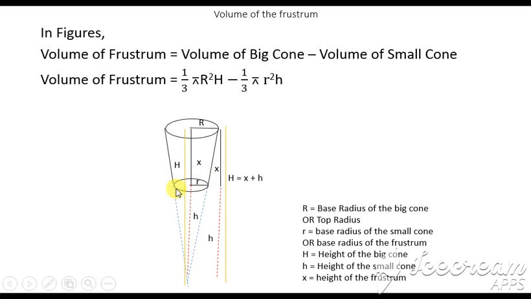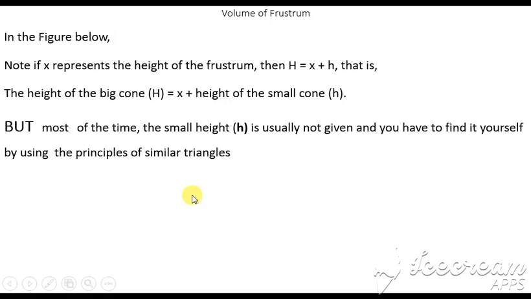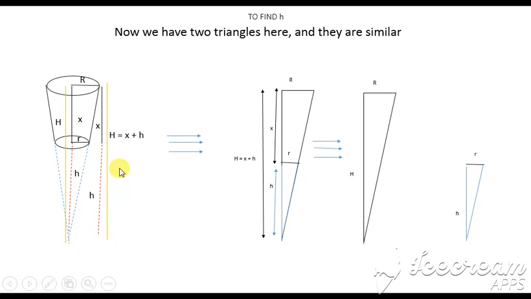So you'll be the one to extend this slant height to make a complete cone. Therefore, the height of this small cone will not be given in most cases, so you have to calculate it yourself. Now if you bring out all these: the base radius, big height, small height, the small radius,